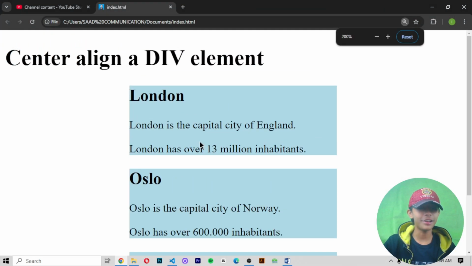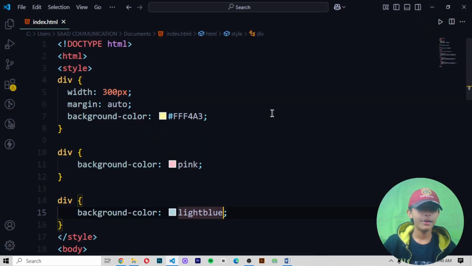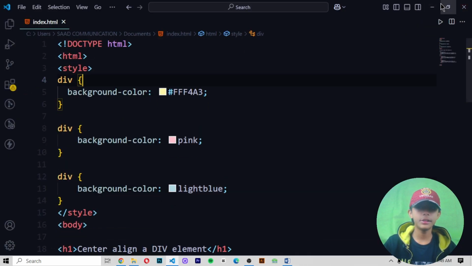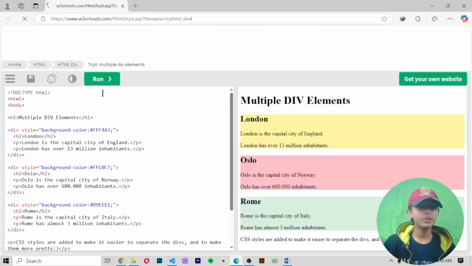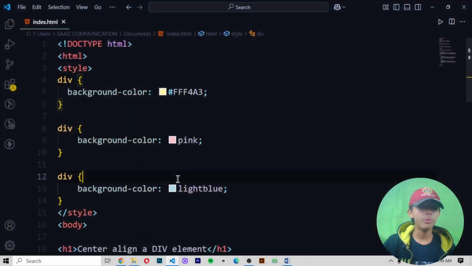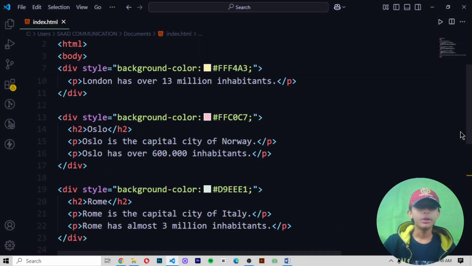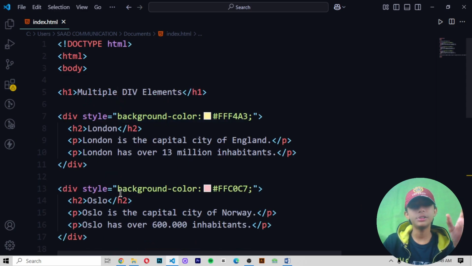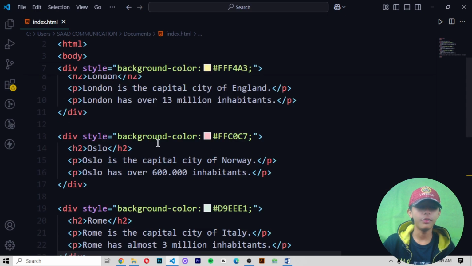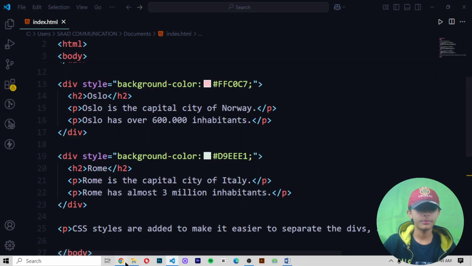So now here you can see it is coming like this. Why is it coming like this? Okay, erase the margin bottom and all those things. Now when we do this, let me show how your output will come. If you want this type of output, do not define a style element in the head section. You only want to do it in the div element. Define a style and give the background color of it. So then it comes like this.